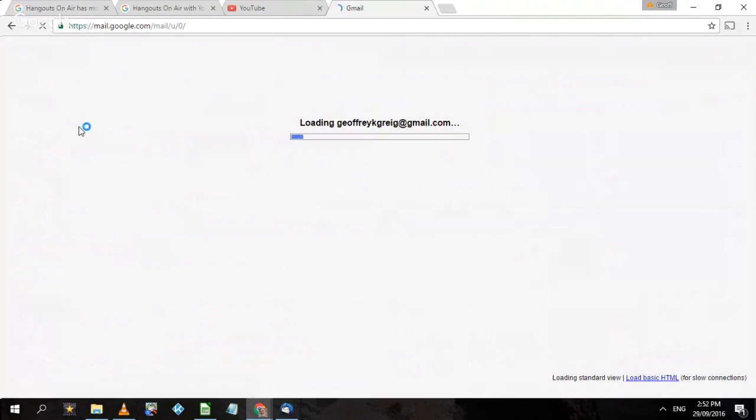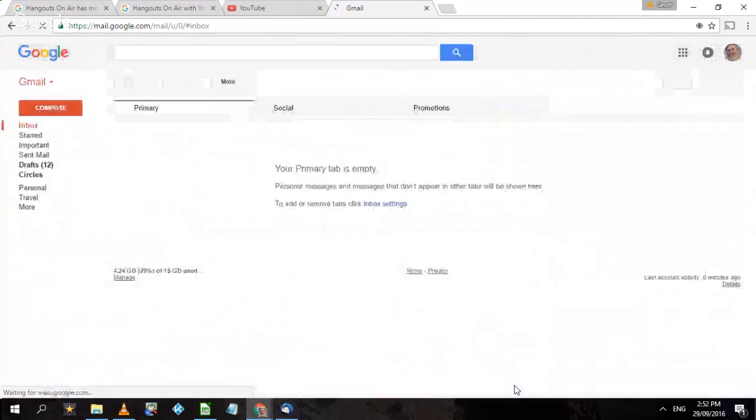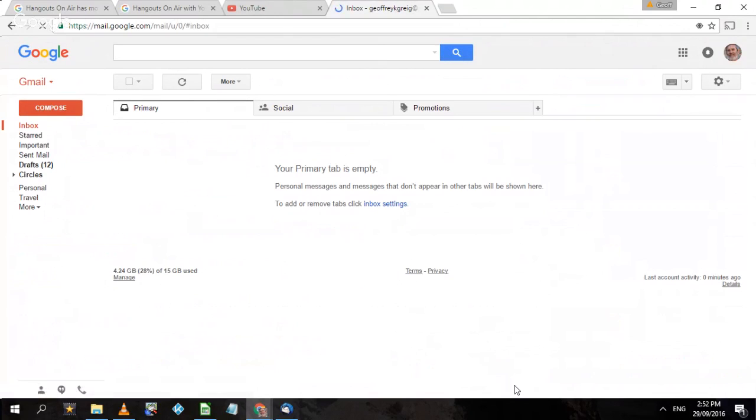Gmail is about to start. If it wasn't the case, you would have to actually come up and ask you for your username and password. In my case, I don't use Gmail in the web sense, my mail is downloaded to a client email, which I'll show in a moment. So normally you have a list of your emails here, and this is how you would compose your emails and